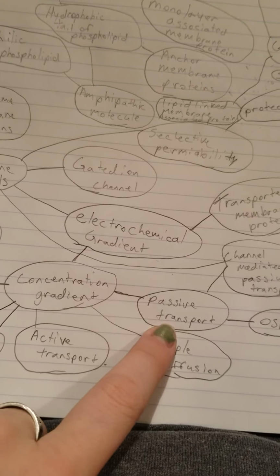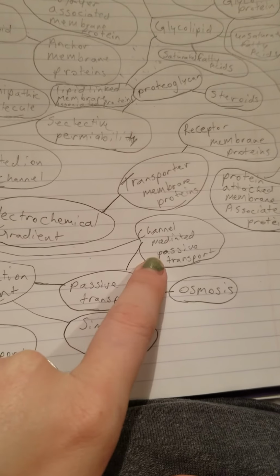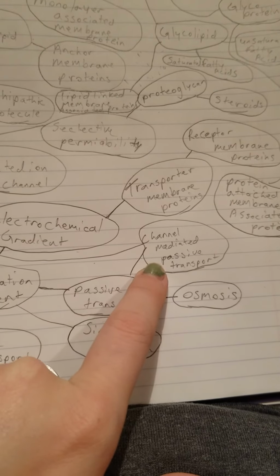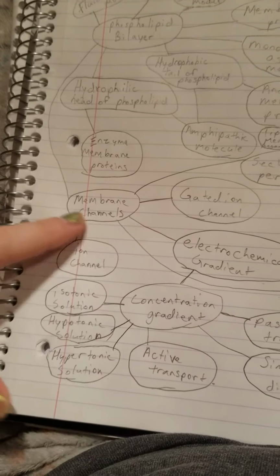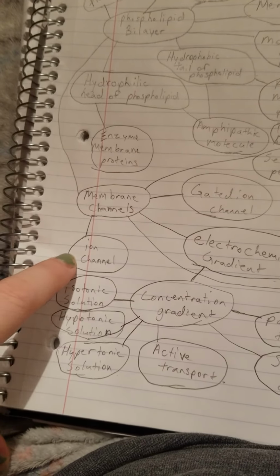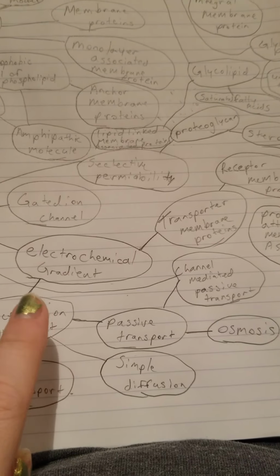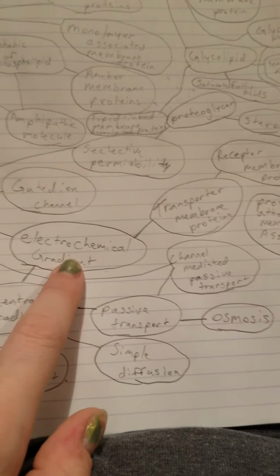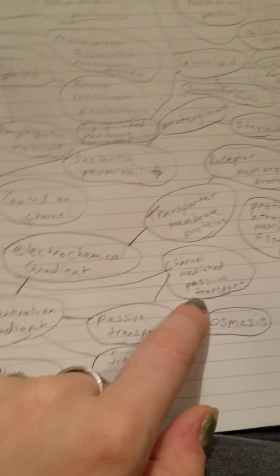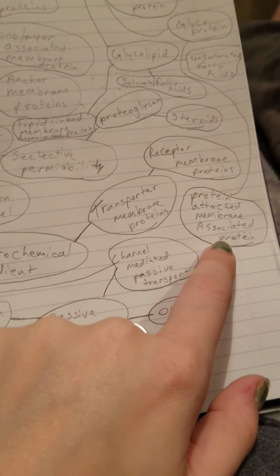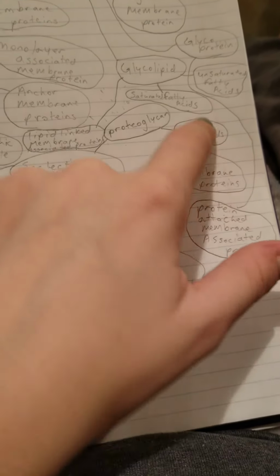And off of the passive transport I have osmosis, which is another big one, and also channel mediated passive transport, which goes back to membrane channels. And membrane channels also has the ion channels, so there's also that one. And off the electrochemical gradient there's transporter membrane proteins, and protein attached membrane associated proteins, which goes back to